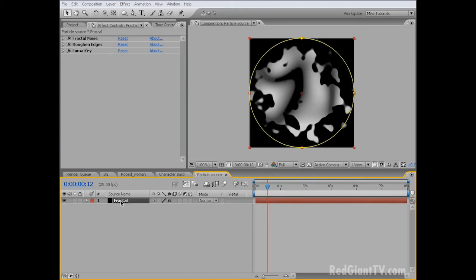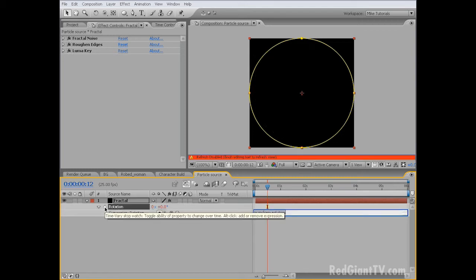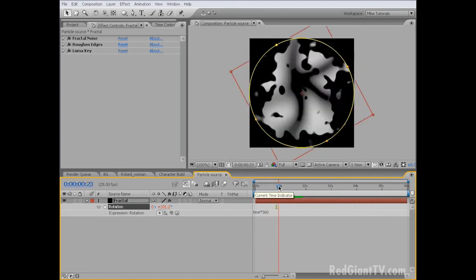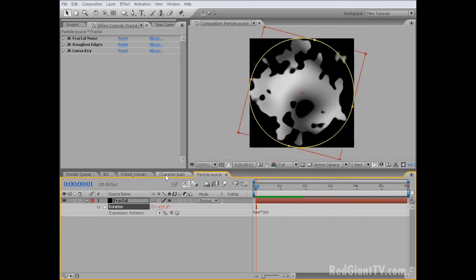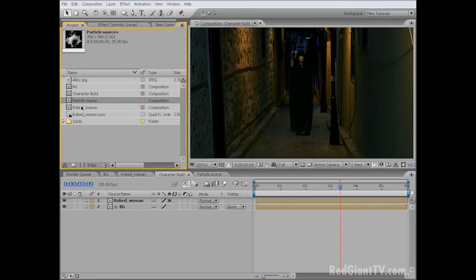So select the layer and hit R to reveal its rotation. Let's alt-click the stopwatch and type time times 360. Now the layer will rotate and evolve over time. Let's go back to our character build composition and select the new particle source pre-comp we just made and drop